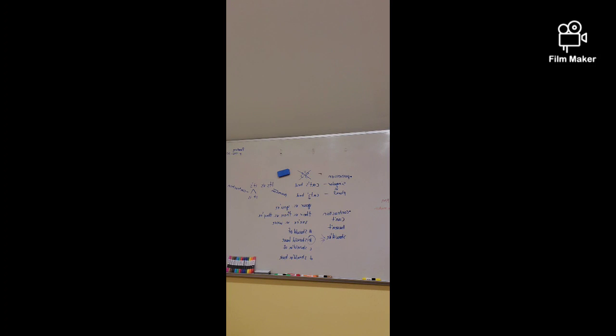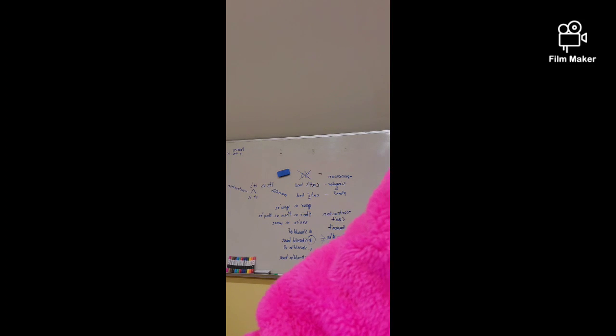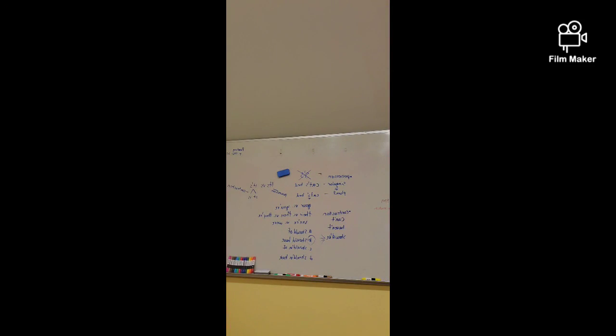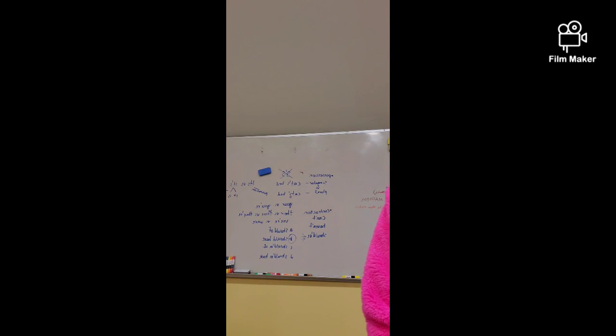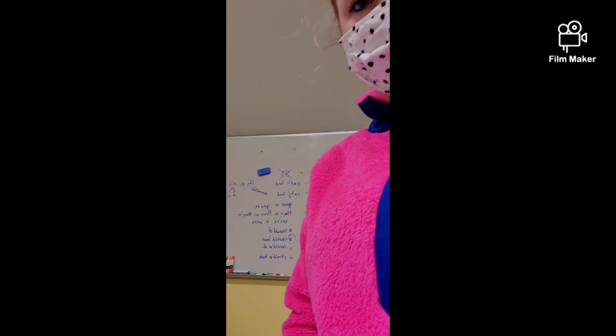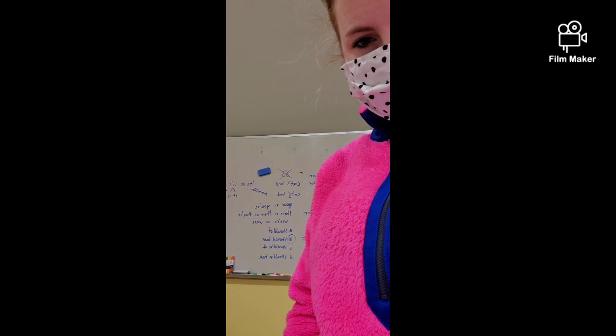Okay, so what's going to happen now is I'm going to set the timer for 7 minutes. You are going to do the 11 questions that follow in the writing and language drill. I'm going to give you about 7 minutes. If you need a little more time, you can have it. These are all on the rules we just went over only, nothing else. All right, 11 problems. You shouldn't fail, and we'll go over them after.